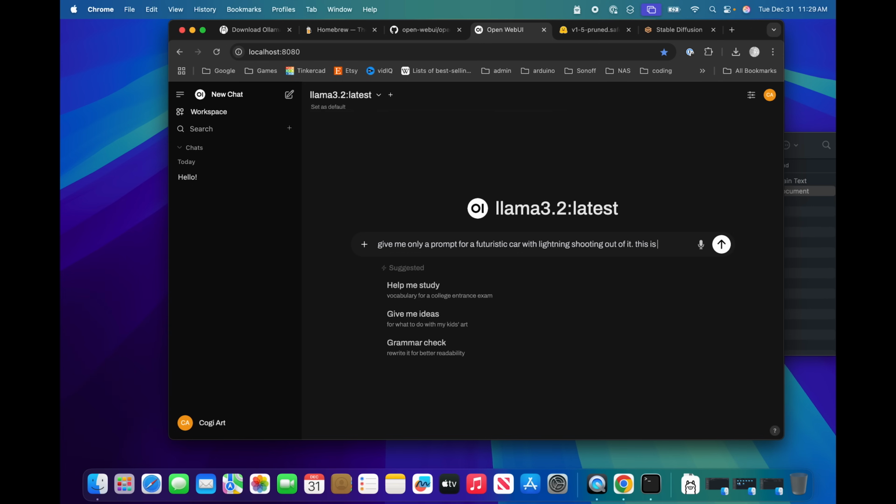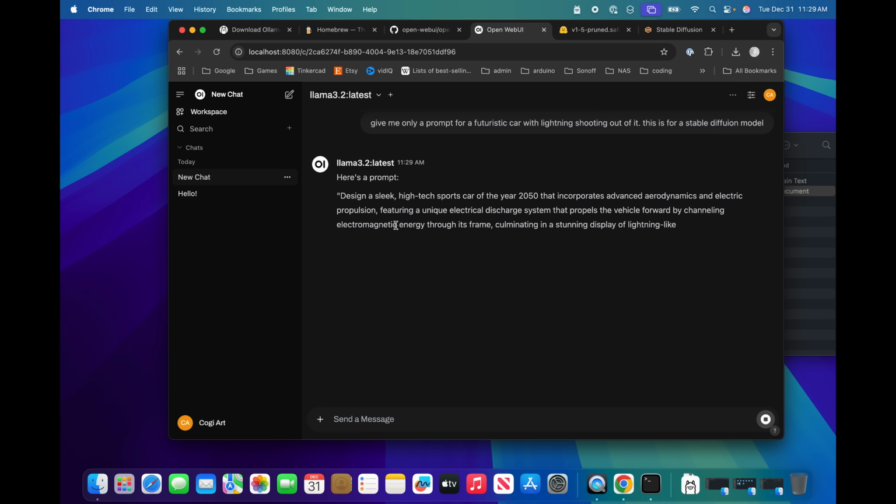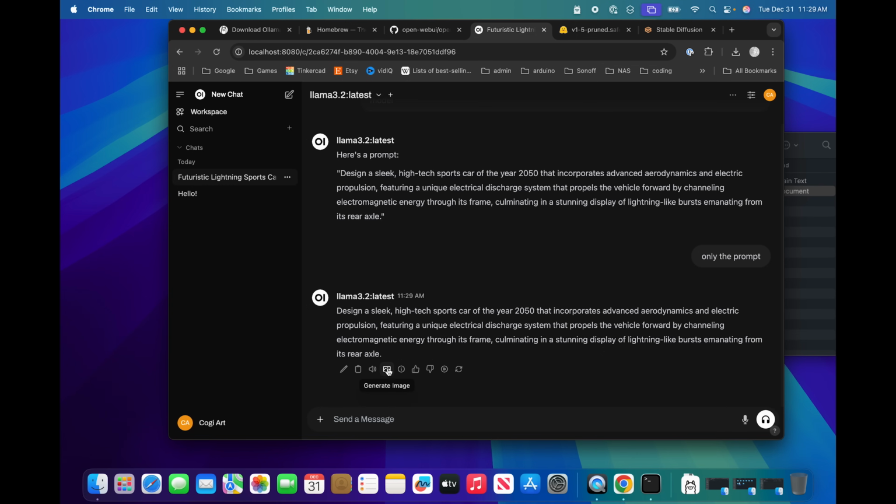This is for a Stable Diffusion model. Wait, let's tell him only the prompt so he doesn't get confused. Okay, here, and then this little image icon, and we click on it and we wait.